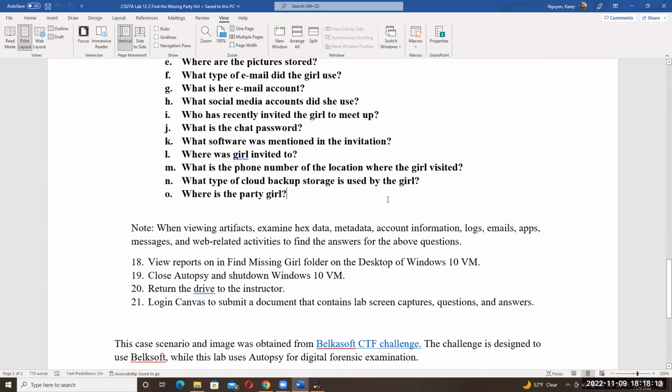But there, I know for sure that you would be able to see some cloud storage and its files. So you should be able to see stuff like pictures or things that she had put on the cloud. That will also give us some clues about her. And then